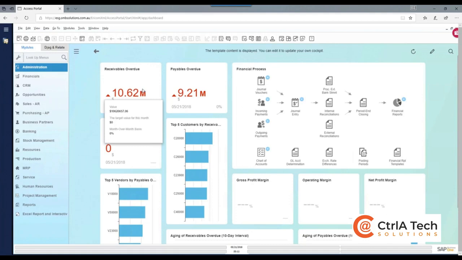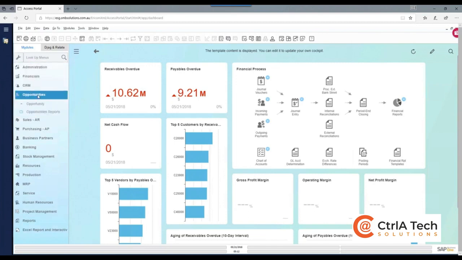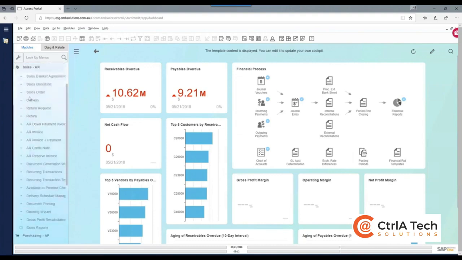Not only the SAP Business One application, but also mobile apps and so on. So you can come in here and pick the module that you want to look at. For example, you might want to go into your opportunities, or into your sales, and do a sales order. All right, so just by simply clicking on each one of those menu options, it will bring up that